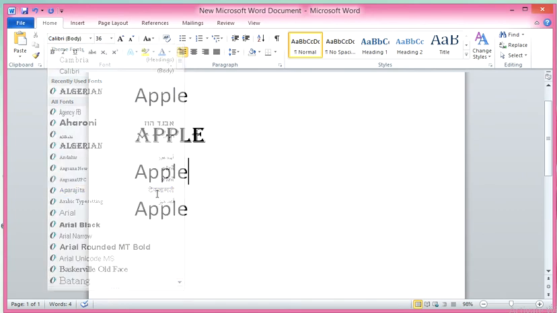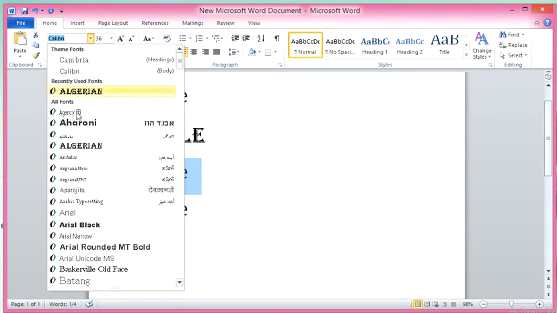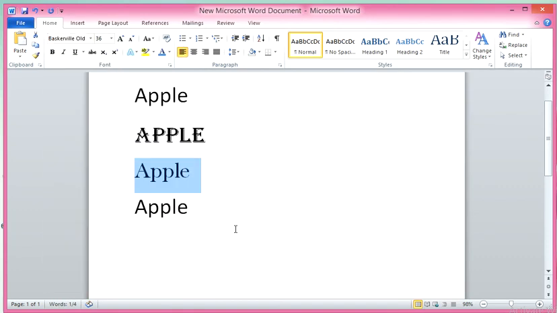Yes student, again select this apple, select another font name. Now if you try to find the difference between this A and this A, you will see yes, some differences are there. So select this one, see in the name Calibri body is there.